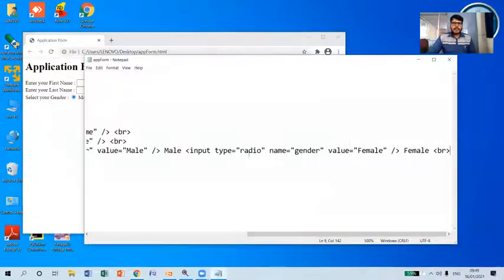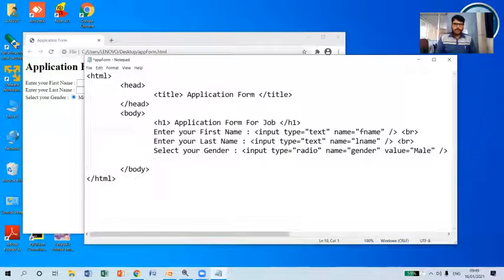After this, assume that I want to accept his qualification. For that, I'm going to use a select box control, saying select your qualification. Now I'm going to include a select box.